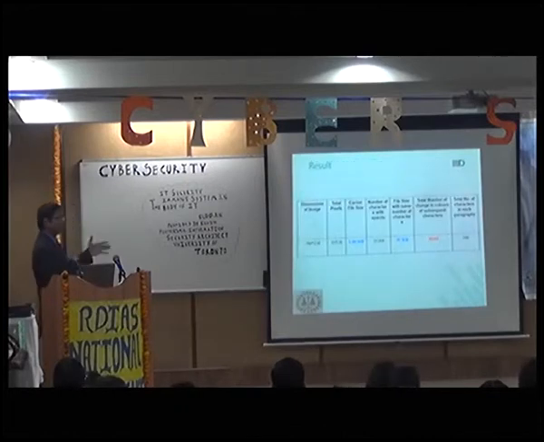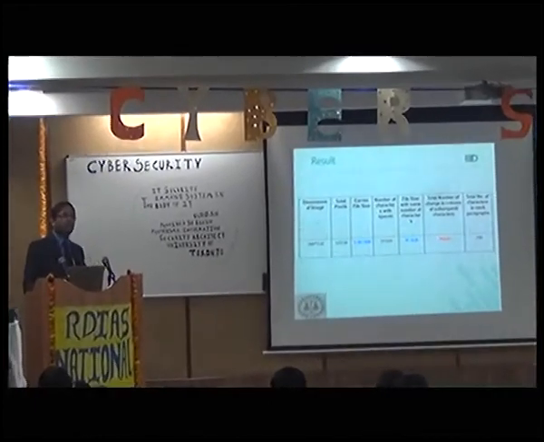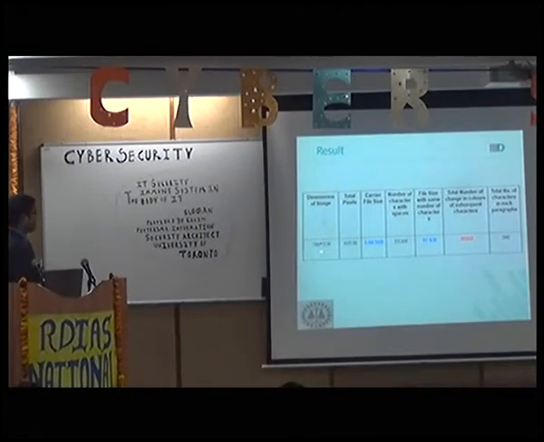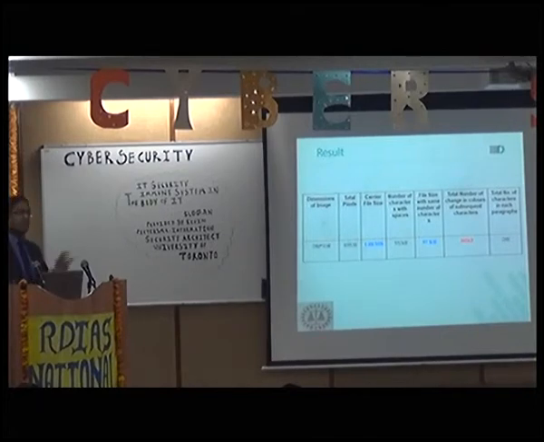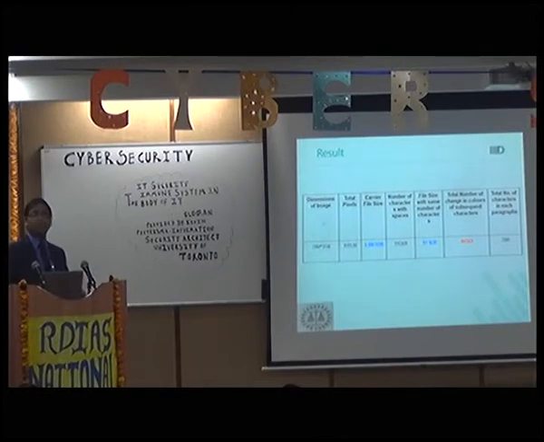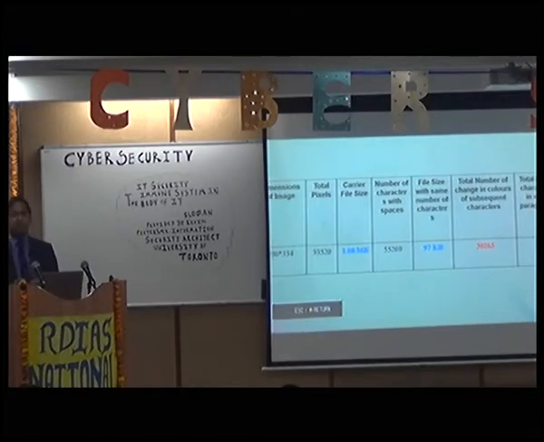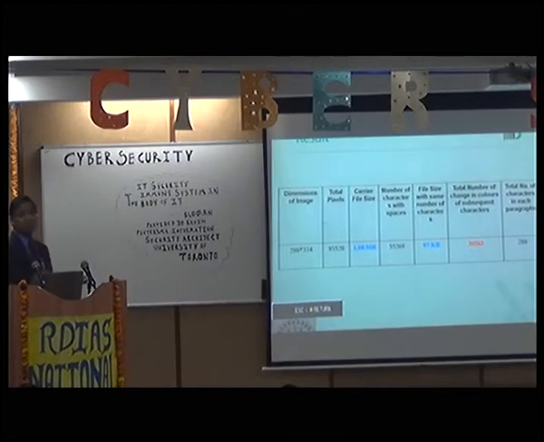For this particular kind of stuff, we found out that in a Word file or any text file, if there is a very high number of color changes, the file size changes. The original file size was 97 KB, which became 1.8 MB, which means the number of characters present in a file typically has a relationship with the file size. But if that relationship is not adhered to, that means there is something wrong with the file. Similarly, the number of color changes is close to 30,000 in a single Word file which has, let's say, 5-6,000 characters. That is a very huge number.